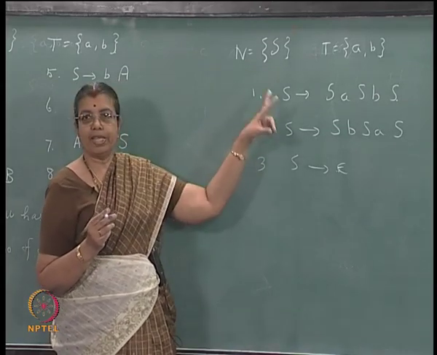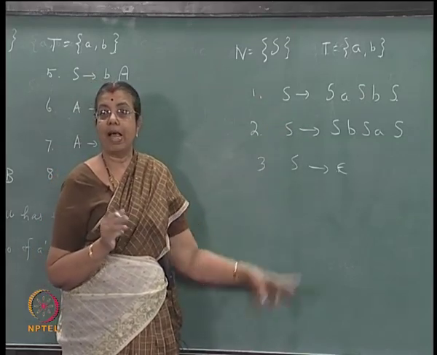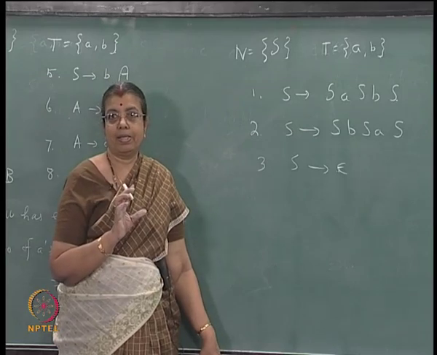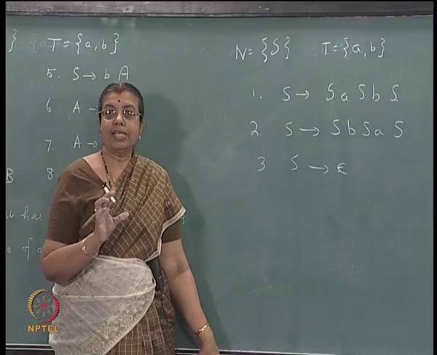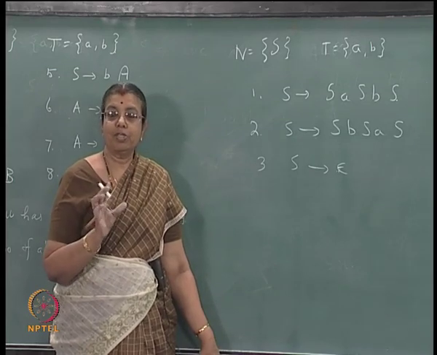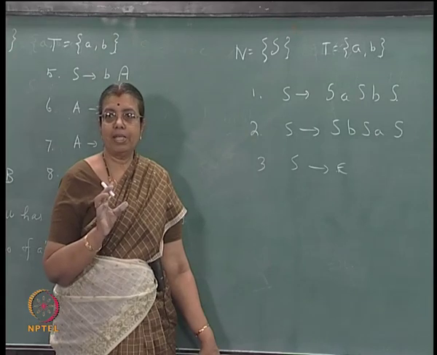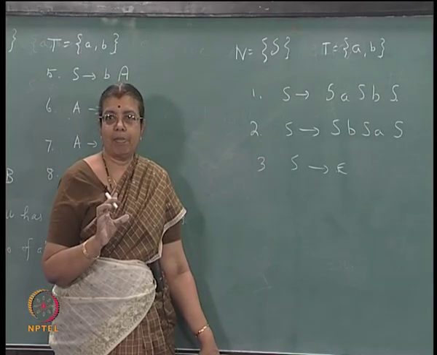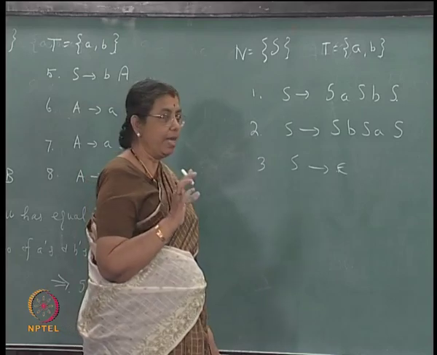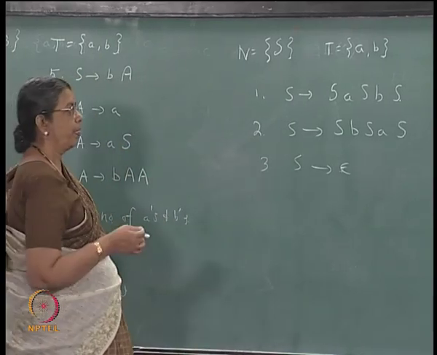One direction it is very easy to see. Any string derivable in this grammar will have an equal number of A's and B's. But if the language consists of all strings having an equal number of A's and B's, you must also prove that any string having an equal number of A's and B's will be generated by this grammar. You can try this. That is not a very trivial step. You have to prove that.